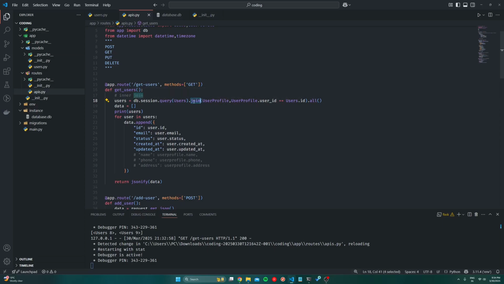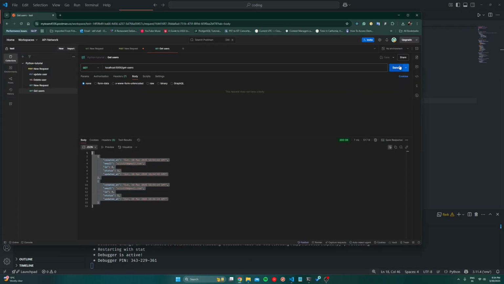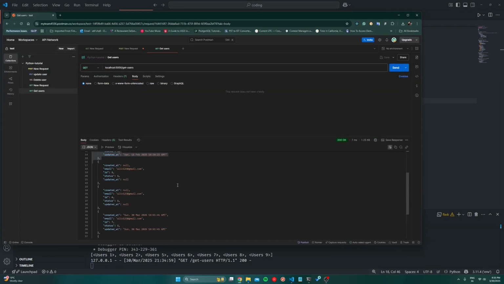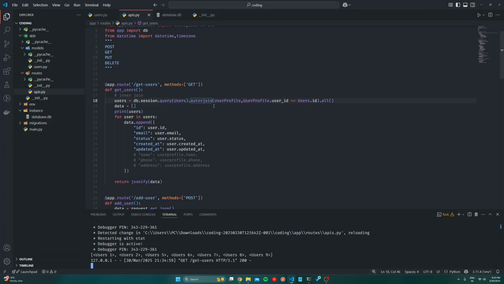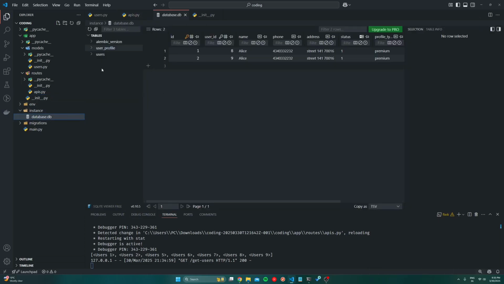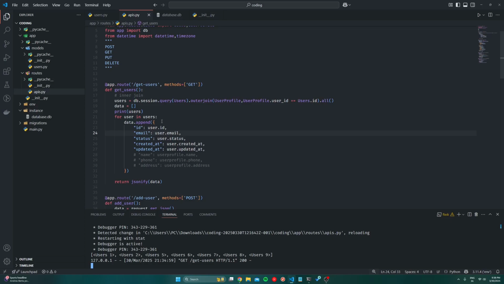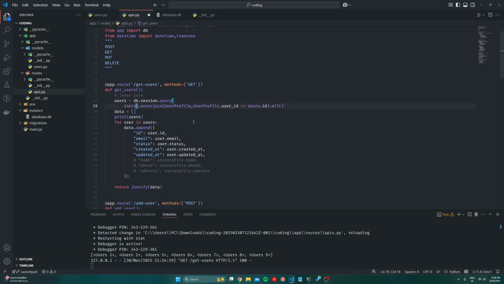But here, if I now write an outer join and send the data again, you will see we have returned all the users. That means it has returned the users which passed the join condition, but also those users which didn't pass the join condition, for which the data was not present in the user profile. Now, since we are performing an outer join, I will try to fetch information from the user profile as well. In order to do that, what we can do is simply